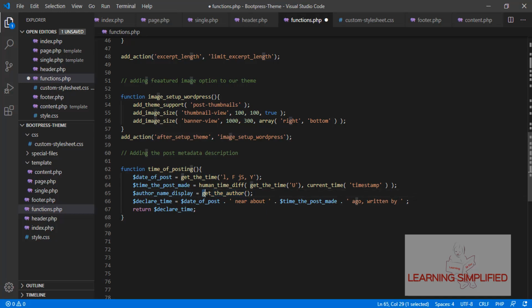So as we have used this get the author function here, all we need to do is declare this individual variable at the end of the last variable declared, which should be returned into our page.